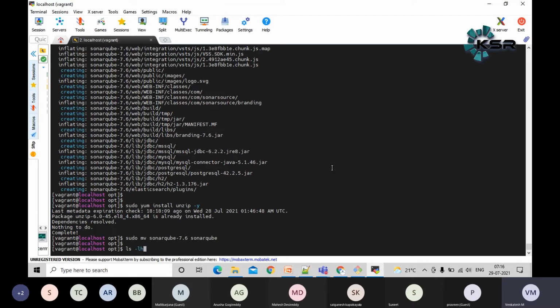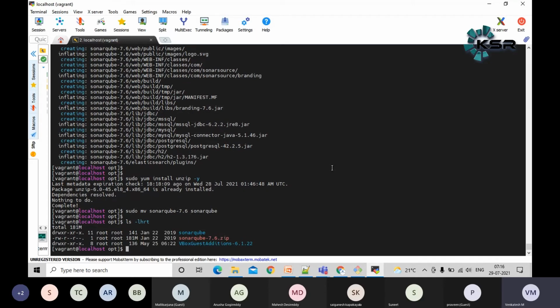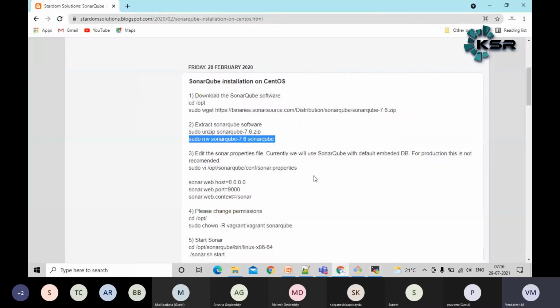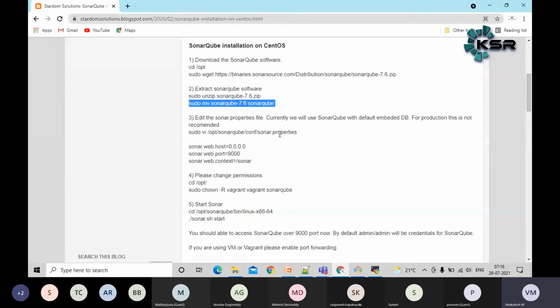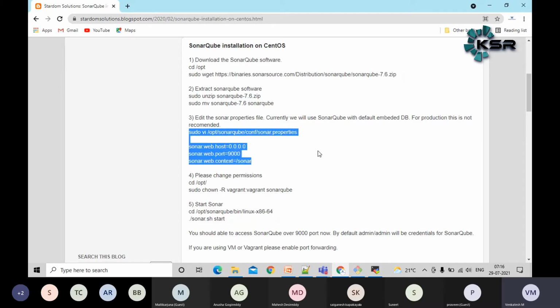If you see the current structure, I have the zip file and I have extracted to SonarQube right now. Okay, now let me do some set of steps. I have some configuration. If you want to change the host name and port, you can do this, guys. Otherwise, you can ignore this step. This is not mandatory.